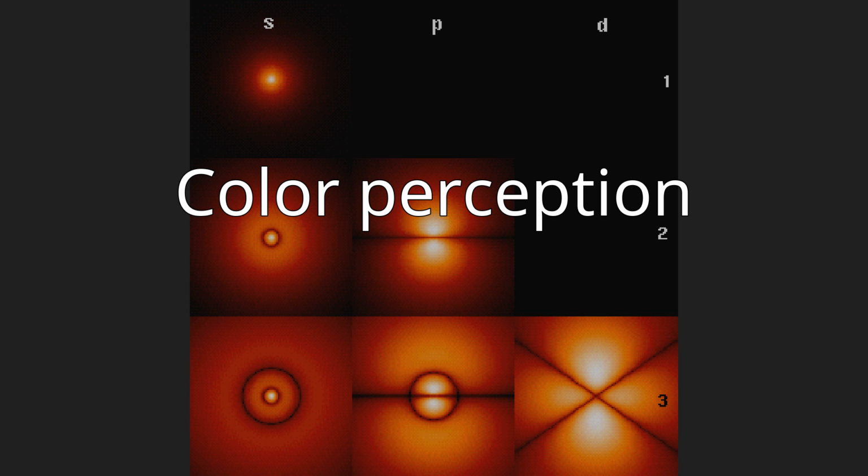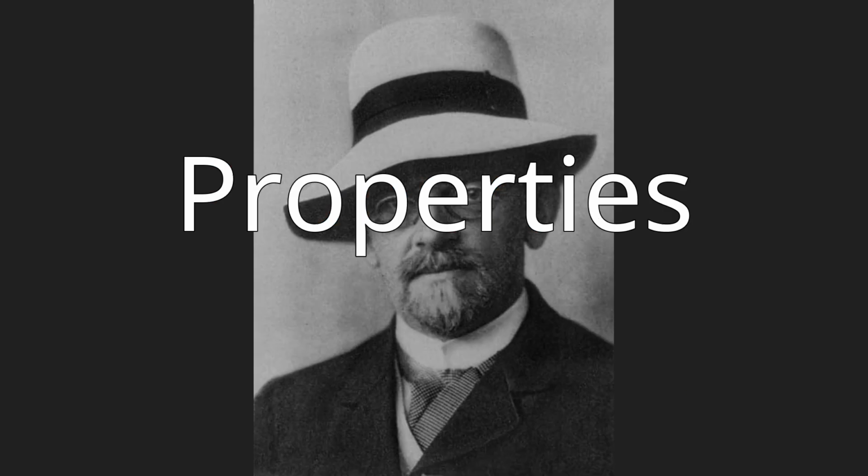Humans have three types of cone cells for color perception, so the perceivable colors can be represented by three-dimensional Euclidean space. The many-to-one linear mapping from the Hilbert space of physical colors to the Euclidean space of human perceivable colors explains why many distinct physical colors may be perceived by humans to be identical, e.g., pure yellow.